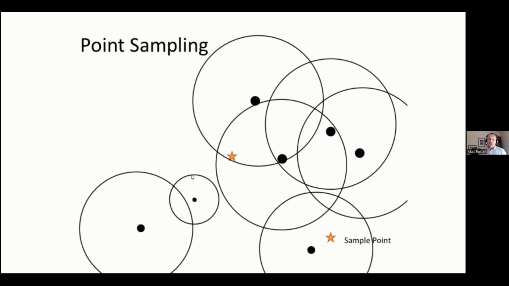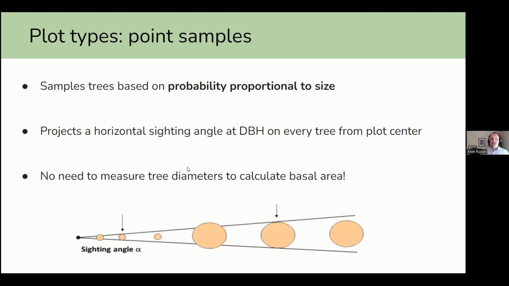This is a method that can basically get you the same kinds of information that fixed area plot sampling can. But in this case, we do it with the idea that each tree is a plot, instead of having one plot and measuring each tree within it. And so we call this point sampling. The big difference with point sampling is it samples trees with probability proportional to their size. In the case of what we just looked at, it was really the diameter of those trees, with a tree with a larger diameter being more likely to be selected.